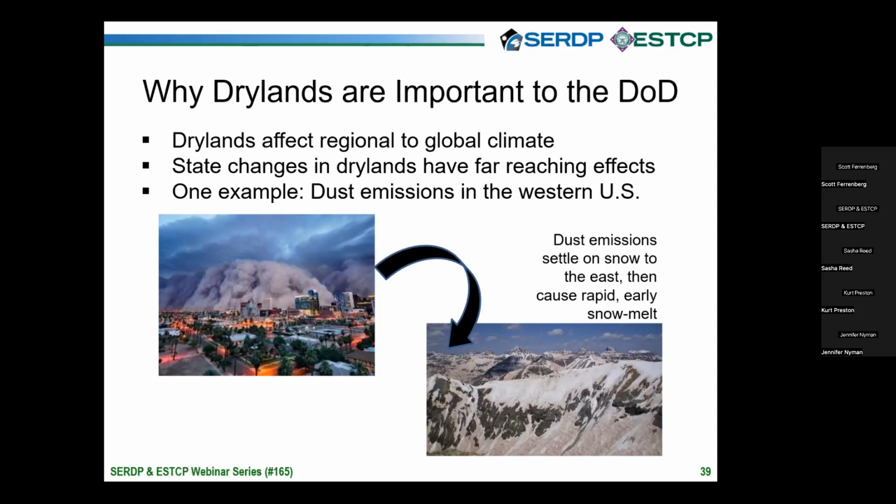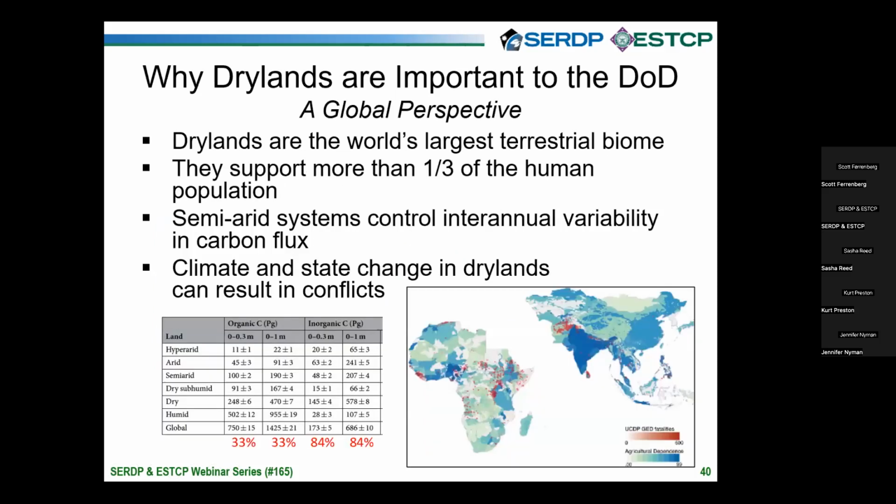So we want to think about services like soil stabilization and creative ways that we can help DoD, really leading the Western United States and drylands in general in managing these landscapes. And so thinking about that is important not only because of the people who live there, but we know that climate change in drylands in particular can be linked to increased conflict, and with lowered resources and a changing world, we can have humans more challenged by this, resulting in more conflict.